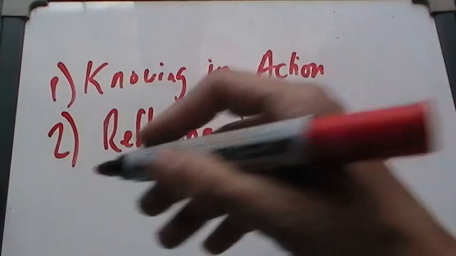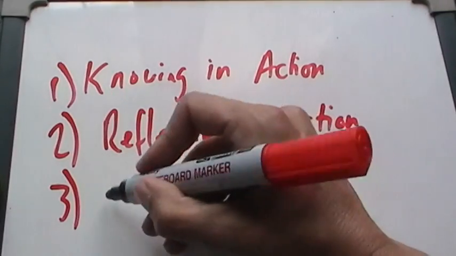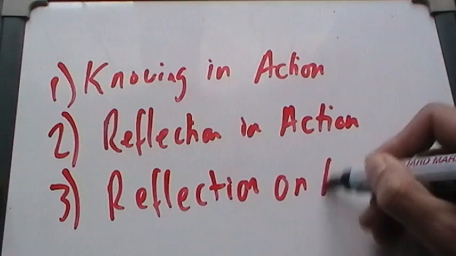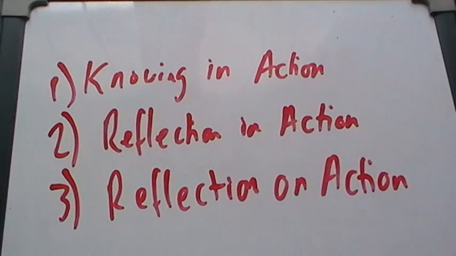The next reflective practice is reflection on action. Reflection on action is all the reflective practice that you do after the event. So let's say you've just taught a lesson. Reflection on action is after the lesson, you sit there and you reflect upon it and you decide what you could have done better, what you did well, why you did well, and what you can do about it. And